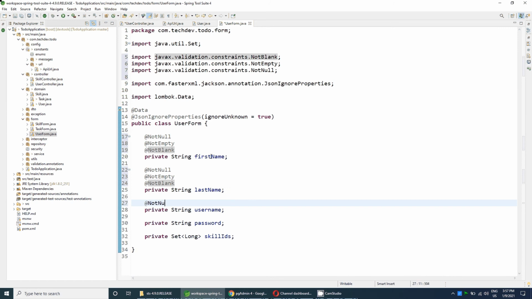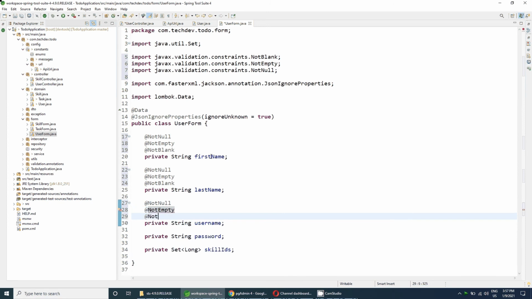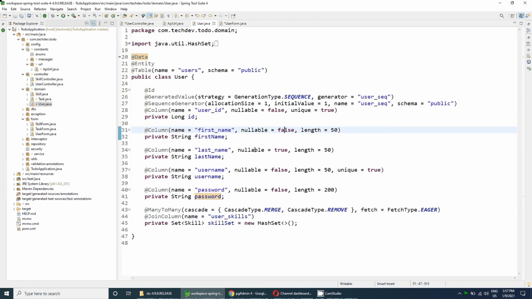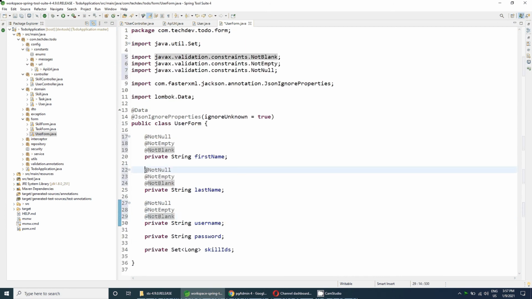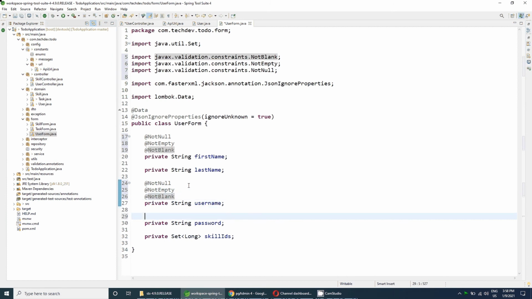The username should also be annotated with not null, not empty, not blank. I think last name is nullable here. So yes, last name is nullable, so we can skip these annotations for the last name field because it is not required. It is optional. If the user passes it, then we will save it; otherwise, we will not validate it.